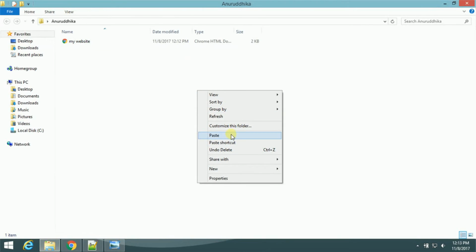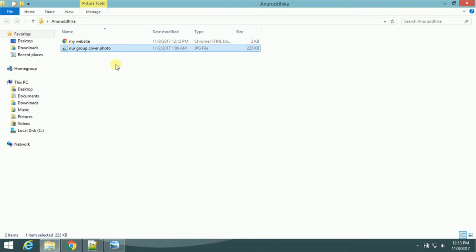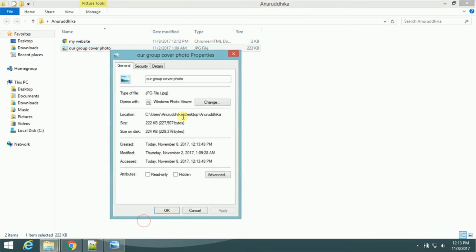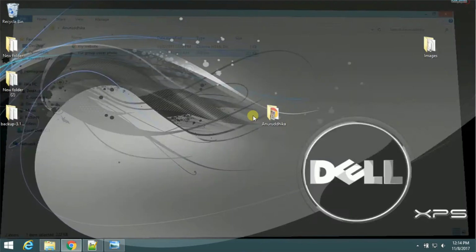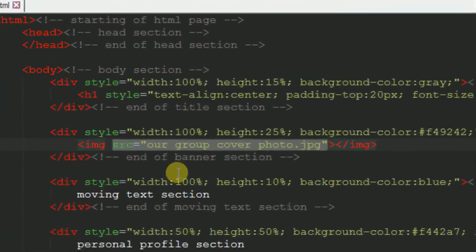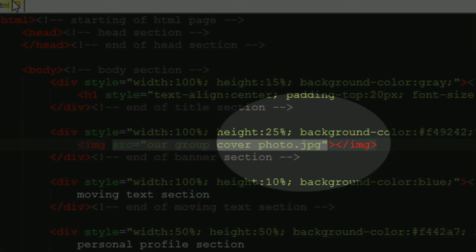And we need the name of this image with the extension. For that I'm going to go to properties, and the type of file is the extension .jpg. This is a JPG image. I'm going to copy the image name, and I'm going to paste it here, .jpg. Now the extension is really important. If you don't put the extension, this image is not going to be loaded. Okay, I'm going to save this